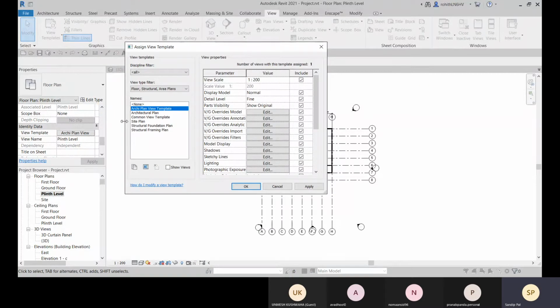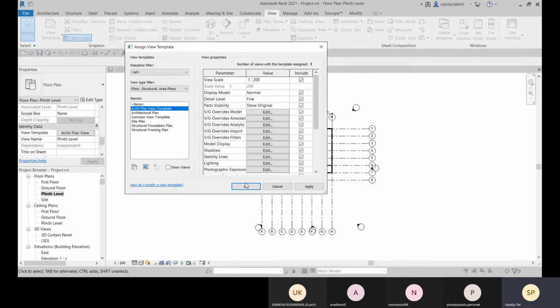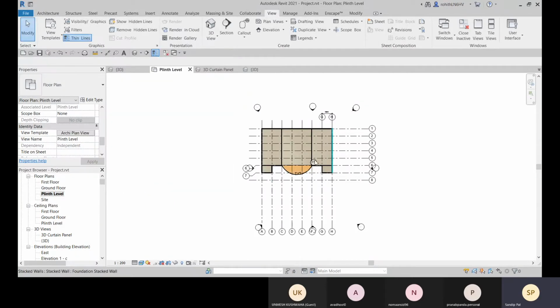Okay, and if you need to change anything for this view, you can come here, like about the model display, the visual style will be realistic. You can apply the realistic, and here click on OK. And now here you can see that it is not realistic, it is hidden line. So that I have changed. Let me click on Apply, and here it is applied. Okay, so it is set as per the template.